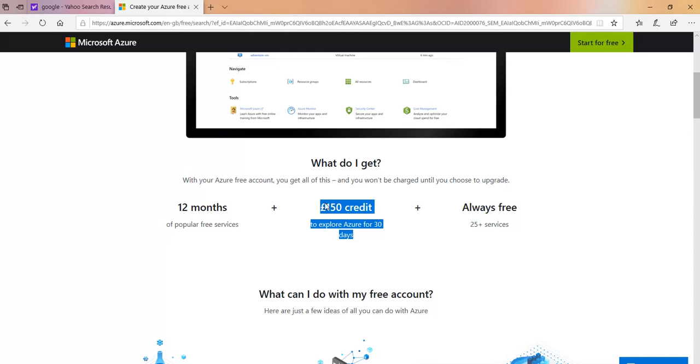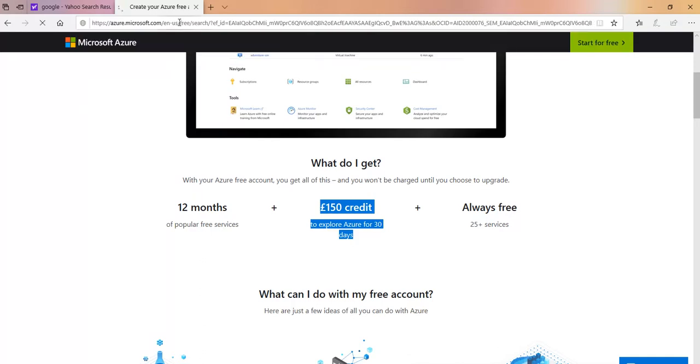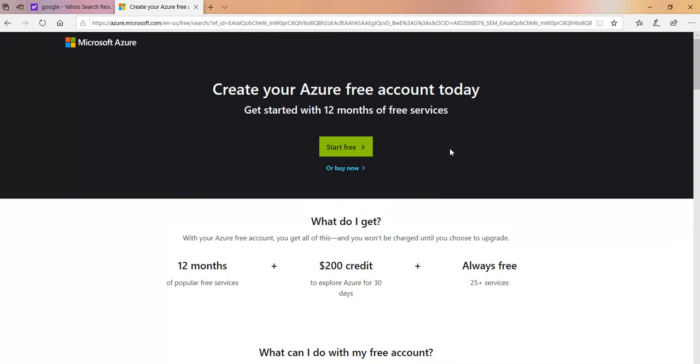In the case of the US, I think it's almost $200 of free credit. I can change to the US version of the site. You see, you get $200 free credit, and you will get some 25 plus services that are always free for you. So just click on start for free, or you can click buy if you want to pay,